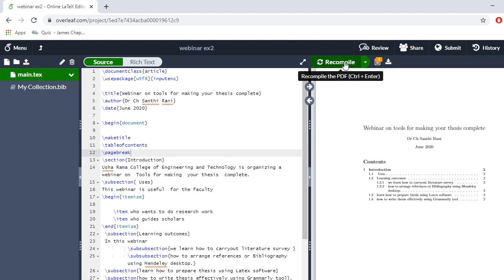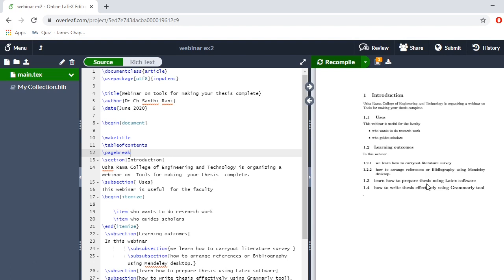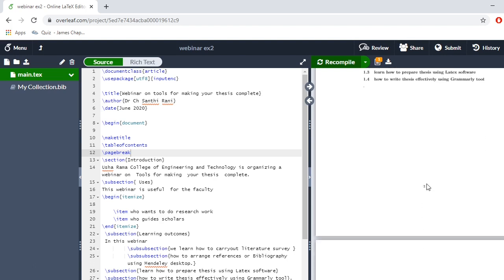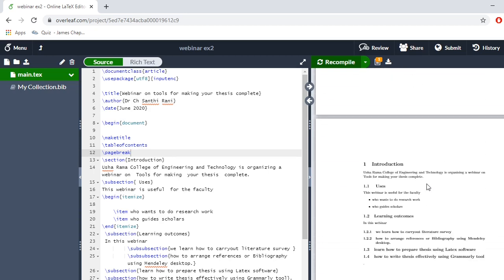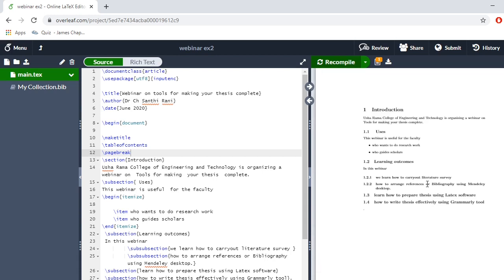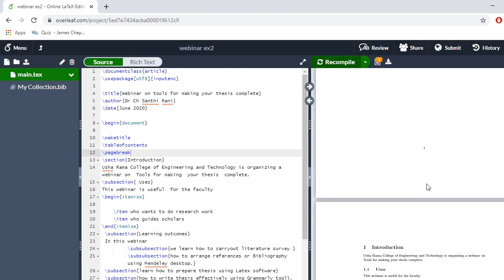When you compile this, contents remains in this page, and you can see your thesis, your document, goes to the next page. And after that you have the list of figures and tables. So like that, whatever modifications you want, you can modify like this. Different font sizes, different font styles, all these features are available in this software, right?